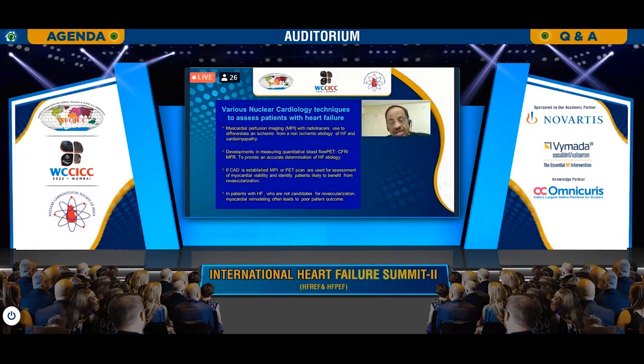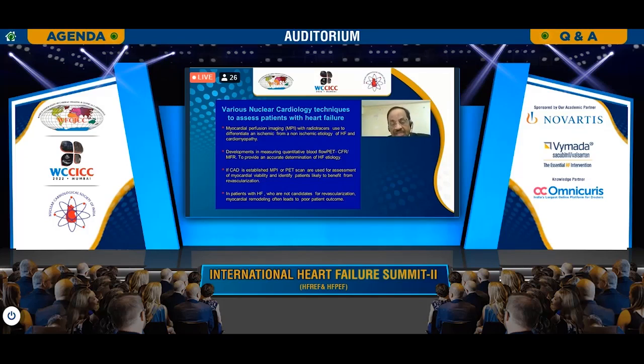Developments in measuring quantitative blood flow are one of the important points: PET CFR provides an accurate determination of heart failure etiology. If coronary disease is established, MPI or PET scan are used for assessment of myocardial viability